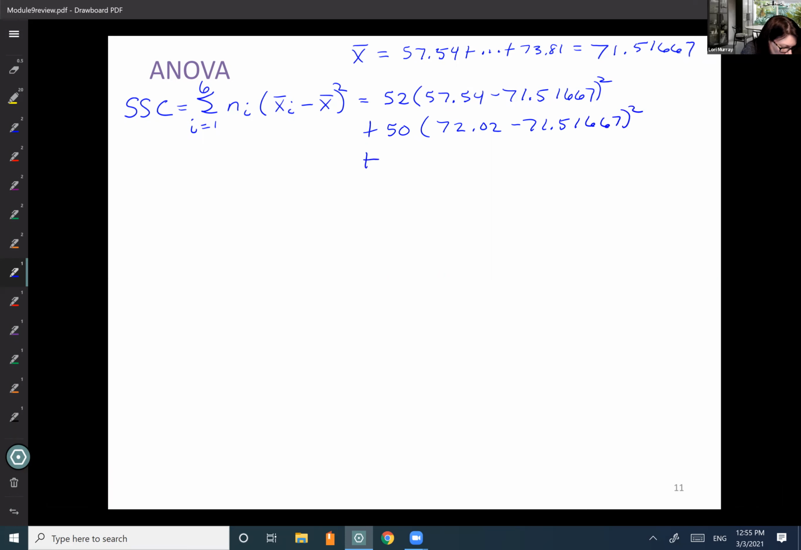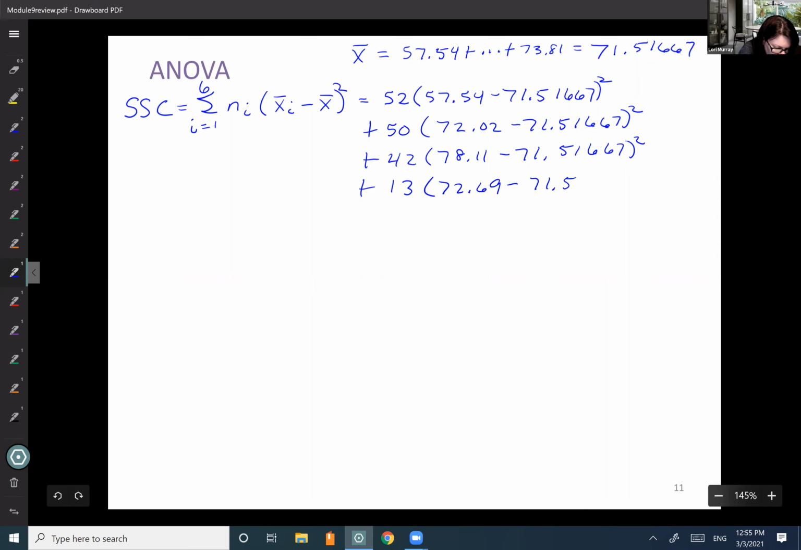Next, we want 42 countries, 78.11, subtract 71.51667 squared. Next continent, right? We're summing the continents here. That's going to be 72.69, I believe. Subtract 71.51667 squared. Next, we have North America, 25 countries, 74.93, subtract 71.51667 squared. And finally, we have